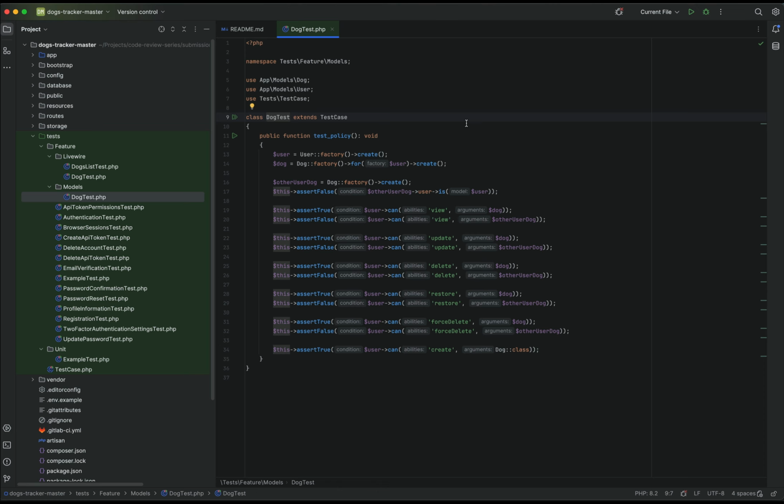So in this particular example, this dog test policy, getting a dog, doing the factory, and they're basically testing all the different policy methods on whether this user can look at this dog or work with a different dog. And this is a great test. But first of all, if you're going to do this test, it should be in the integration. And second of all, I think that this test would probably be more so happening with the feature endpoints on,